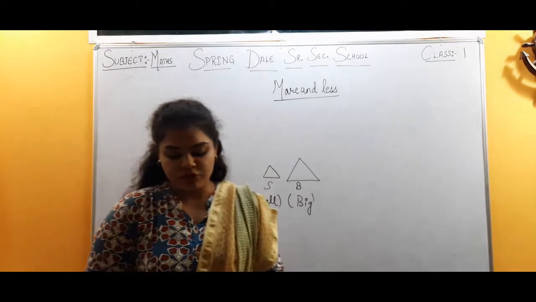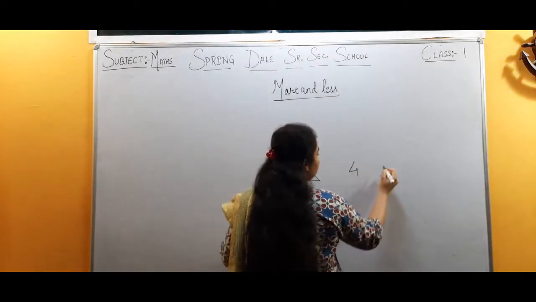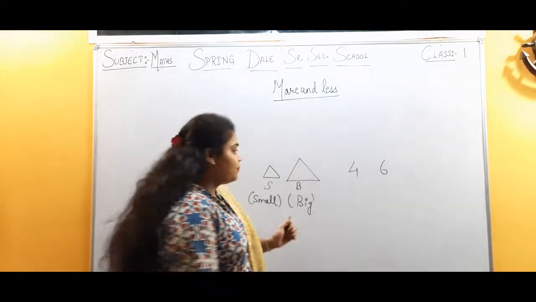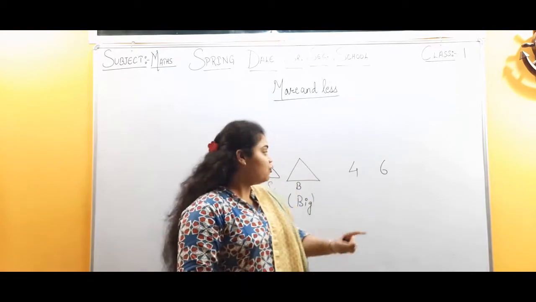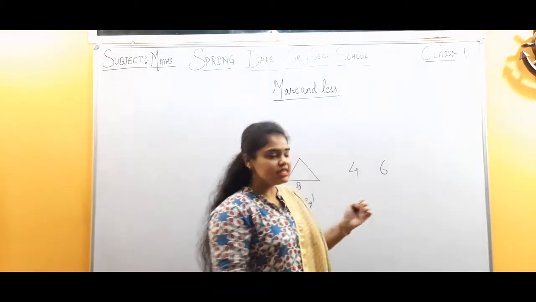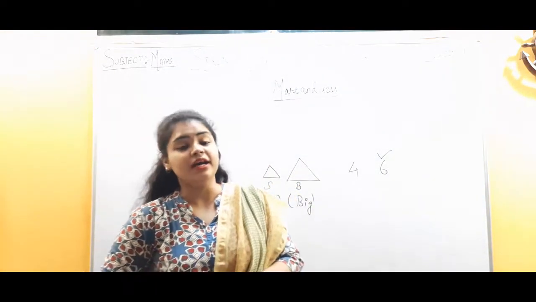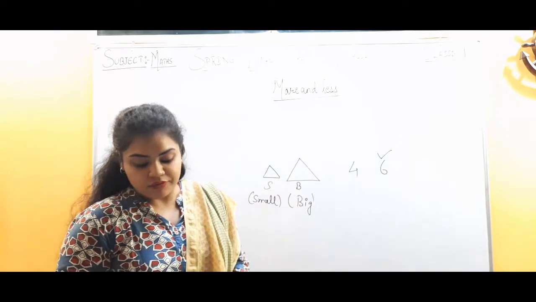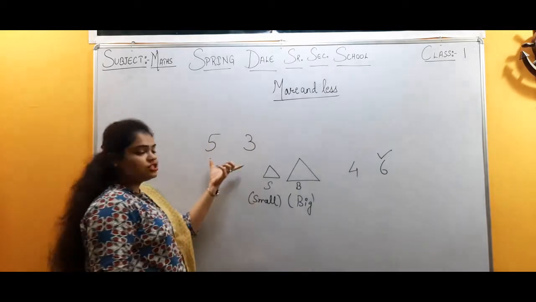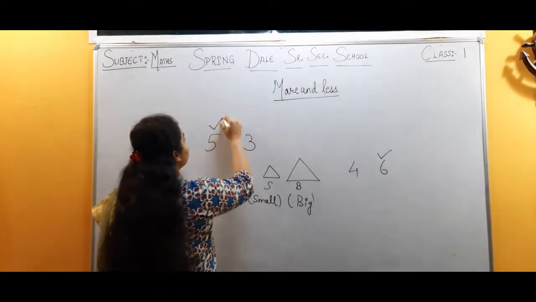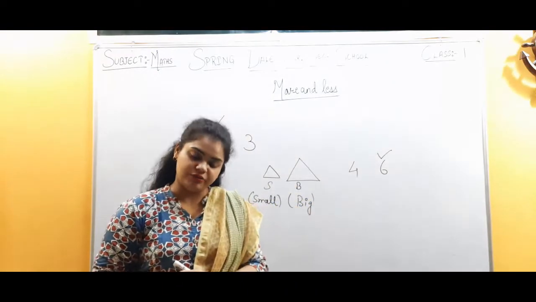In this question we have to take the bigger number. Okay. For example, if you have 4 and you have 6. Now here you have 4 fingers and the other has 6 fingers. So which one is bigger, 4 or 6? Obviously 6, so we have to take the 6. Coming to the question, in the first A part, it is written 5 and 3. Which number is bigger? The number 5. So we have to take the 5. And the rest, B and C parts, you have to do.